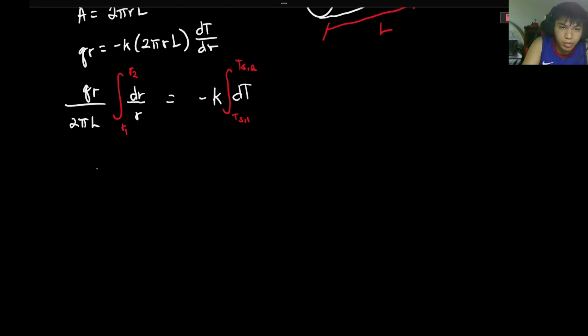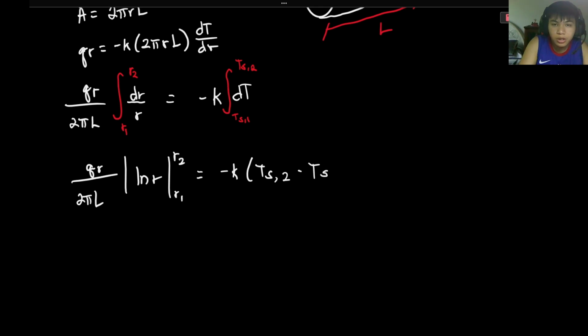Integrating, we just copy the constant, QR over 2 pi L, and the integral of dr over r is ln of r. Then we apply our limits from r1 to r2, equal to negative k,